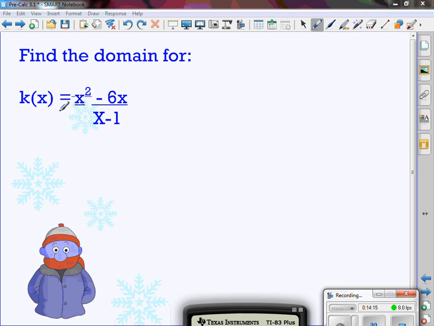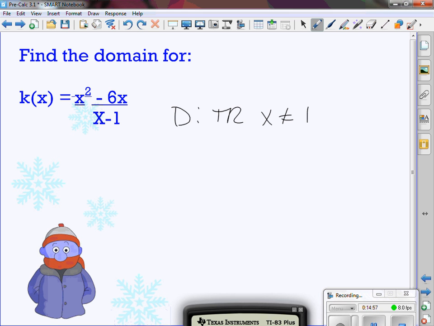What we want to find here is the domain of this function. I have x squared minus 6x all over x minus 1. When I'm talking about the domain, is there any x value I can't put in there? Can I put in any positive number? Looking on the top, are there any limitations to the top? Can I put in anything I want? Any negative, any 0, or positive? On the bottom, I can't put in 1. So this one, the domain, is all real numbers